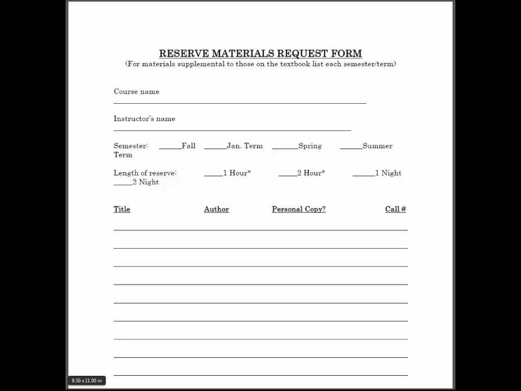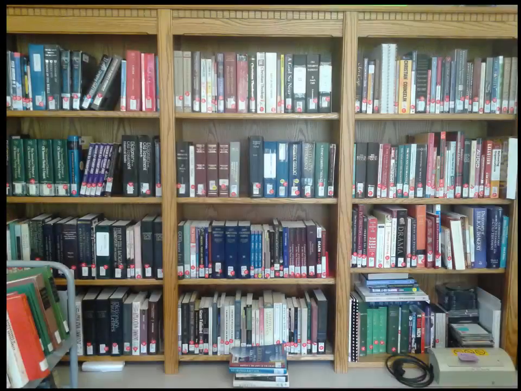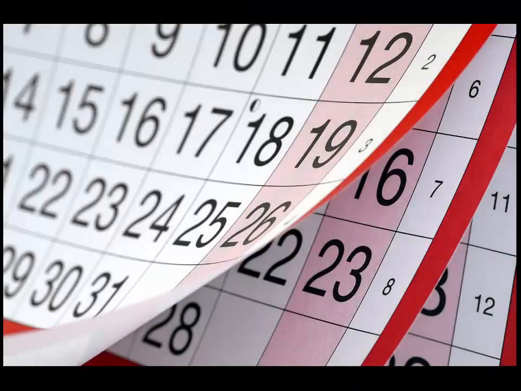With the form and the copyright check, one copy of the article or chapter will be put on the reserve shelf in the library. Students can use the item in the library for the amount of time set by you, the instructor. Just one more thing about physical items placed on reserve. You must go through the entire process every semester. The copyright check and the reserve materials form must be submitted every semester so that we are in compliance with